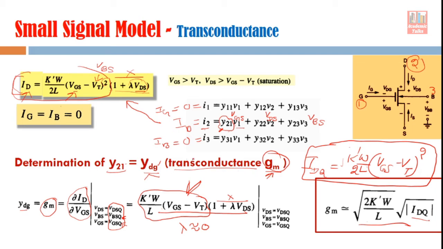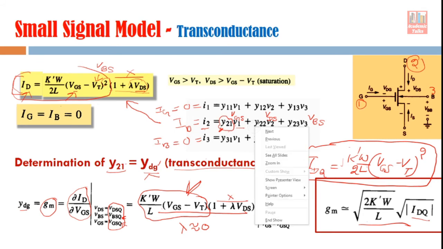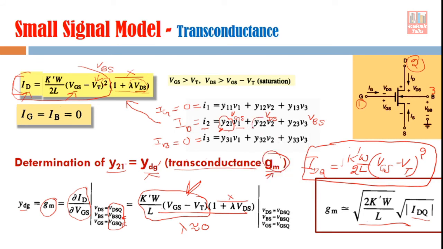This is a very important parameter because it decides the gain. And remember, we call it transconductance because it is a transfer of conductance. We are measuring conductance between drain and source as a function of voltage at some other terminal, the input terminal, the gate terminal. So after finding the value of transconductance Gm, now we have to go to the second parameter, Y22. Y22 is a conductance because 2 means it is the same terminal, I2 and V2. Voltage and current are both at the same terminal, the drain terminal, right? So in the next slide we will see how to find Y22.